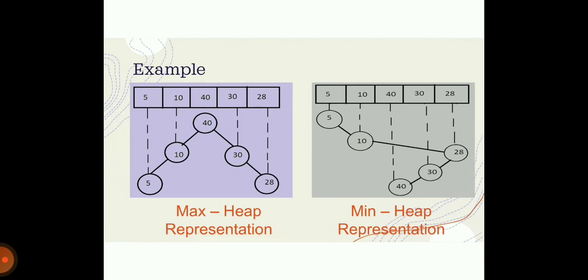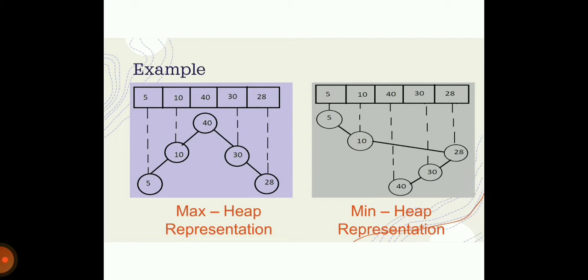So first of all, consider this initial sequence 5, 10, 40, 30 and 28. So we will first represent it in a max heap. So on building heap it will look like this. Root node will be 40 for max heap representation, 10 and 5 will be in the left subtree, and 30 and 28 will be in the right subtree.